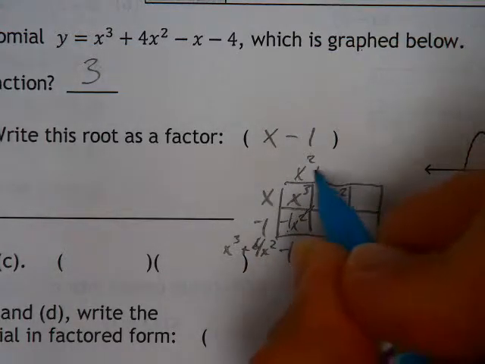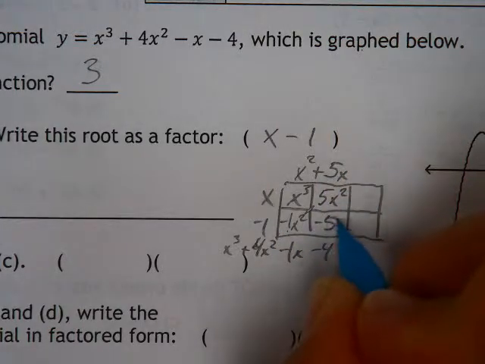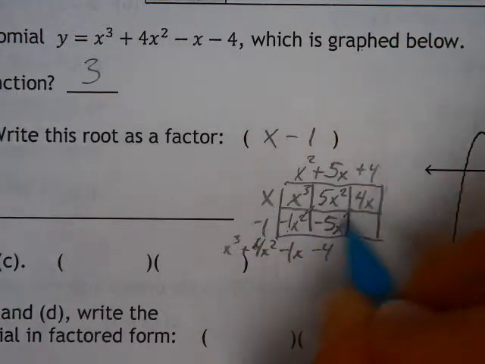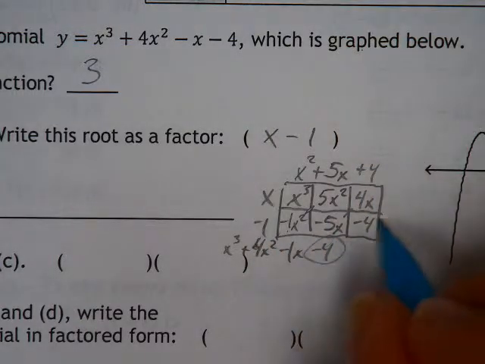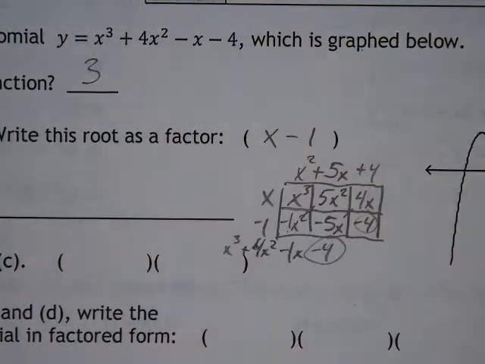Up top here, that means this is a plus 5x. That times negative 1 is a negative 5x. That and something else gives me a negative 1, a positive 4x, which means up here we have a plus 4. That and that give me a negative 4, and this confirms that this goes in evenly to this polynomial,